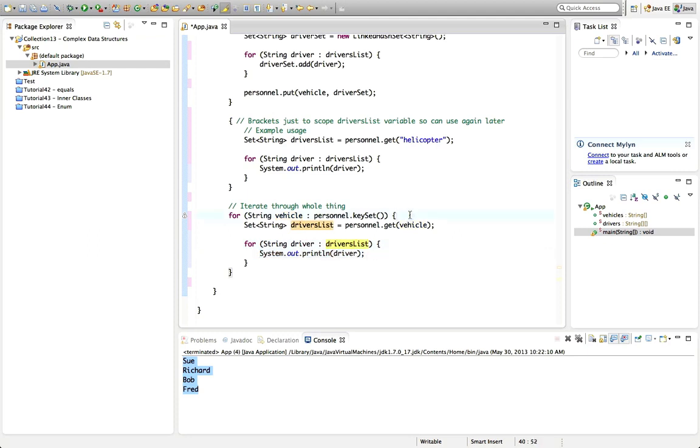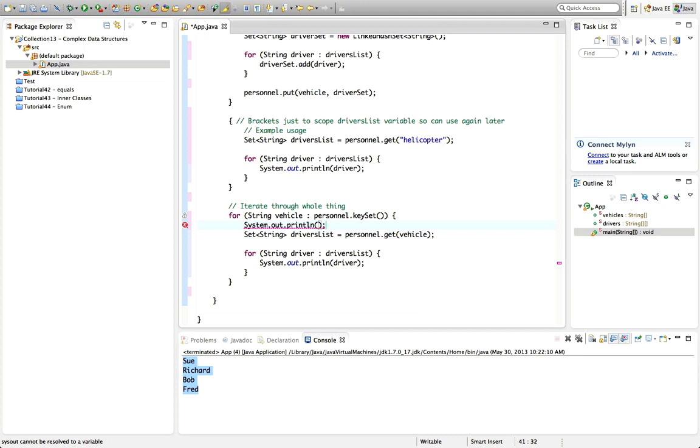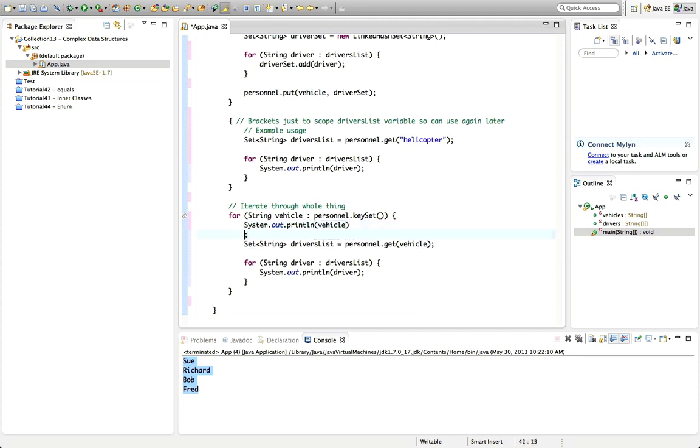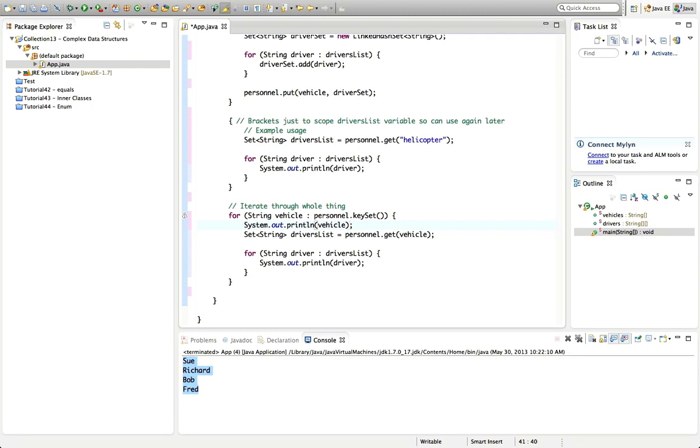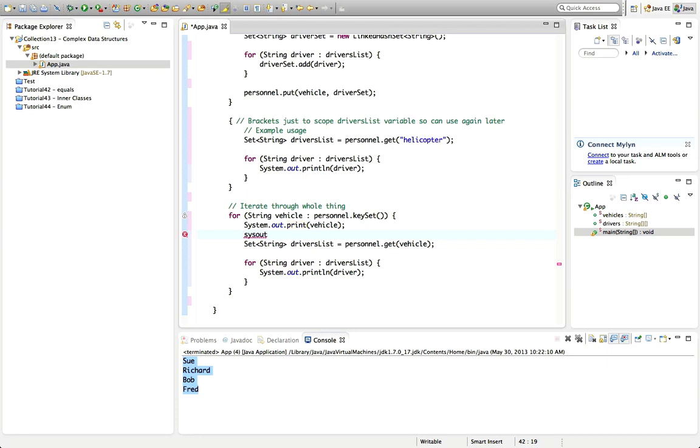And what I'll do is I'll just say here sysout and vehicle. Let's have another, and maybe here let's have a System.out.print. So I print the vehicle on the line, and then on the same line now I can print a colon, like that. System.out.print again, and then I print the list of drivers with System.out.print, and let's also have a space like that. And then finally, let's have an empty sysout to just produce a new line at the end. And if I run that now,